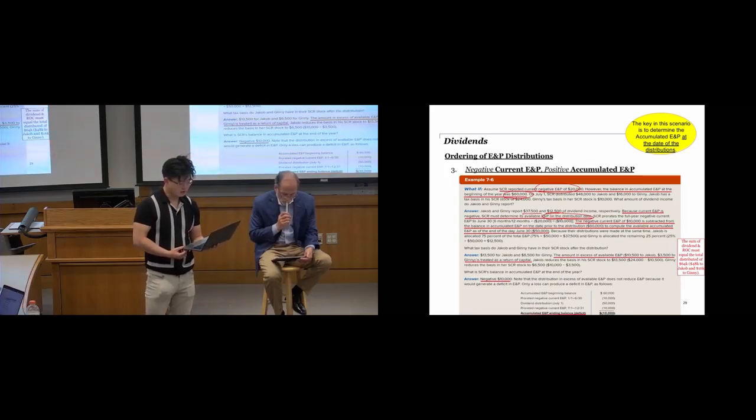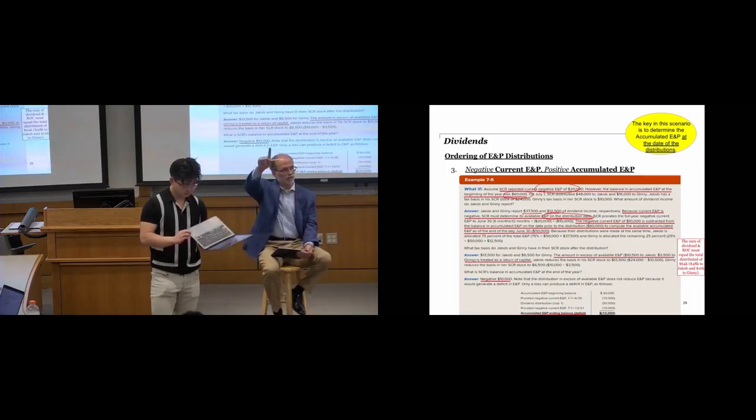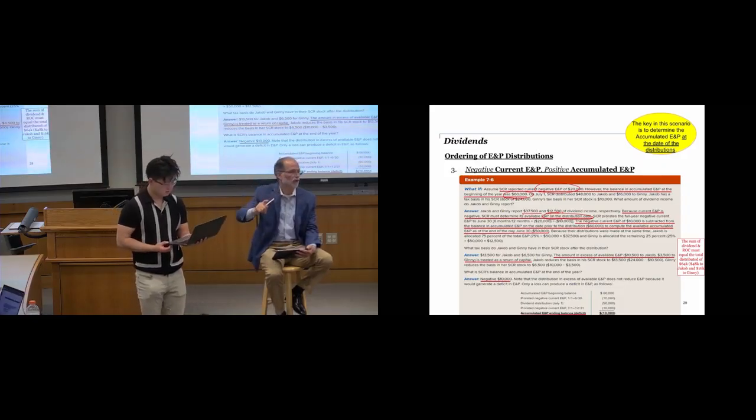of 50,000. Because the distributions were made at the same time, Jacob has allocated 75% of the total E&P, totaling 37,500, and Ginny has allocated the remaining 12,500. So that's that rule we started with. That's a single distribution, right? So I don't have a pro rata problem here. I just have